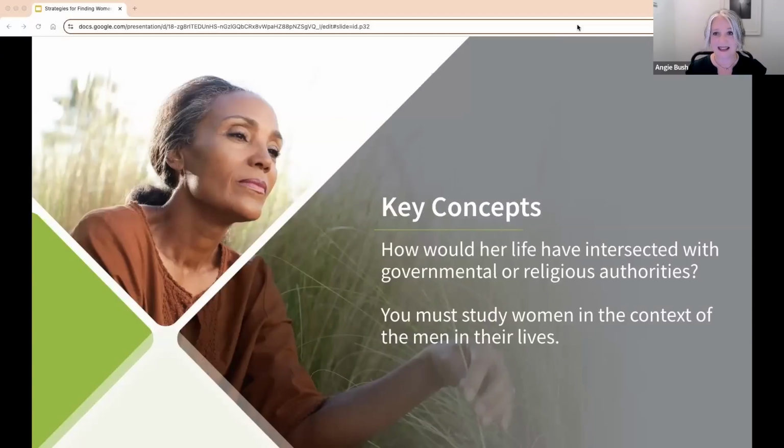All of those men in their lives, you also have to study them there, because that's where you're going to find them interacting. And sometimes you may run into a situation where all you find is that your ancestor was Mrs. John Smith. And that may be as far as you can go. But hopefully, with some of the tips that I'll share today, you'll be able to find those families of origin